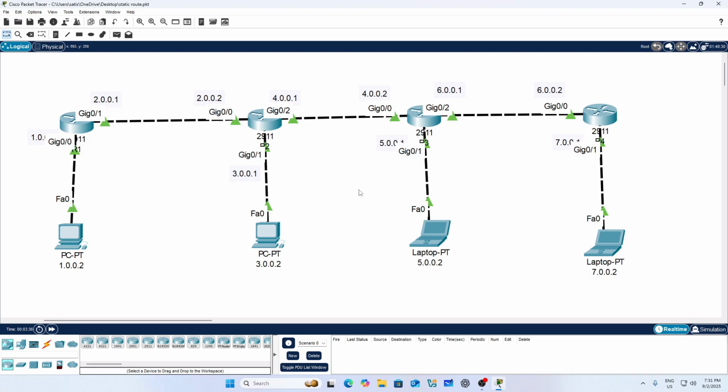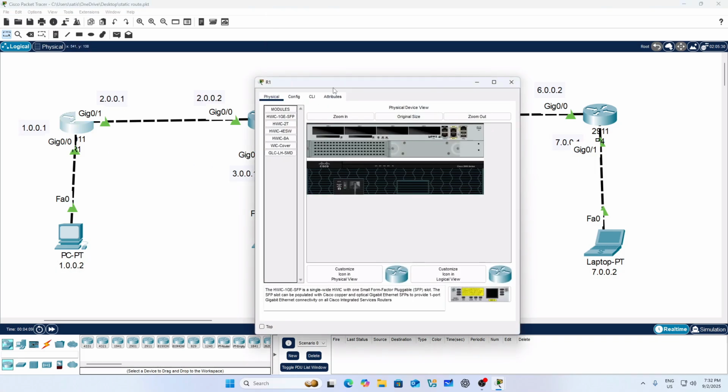So in this lab, we are going to tell all the routers about indirectly connected network. You can clearly see the total number of networks is 1, 2, 3, 4, 5, 6, 7. First of all, I will start with the first router, that is router R1. Router R1 is directly connected to network 1 and network 2. So if you want to configure static routing on router R1, you have to tell this router about network 3, 4, 5, 6 and 7, because router R1 only knows about 1 and 2. So let's do the routing.